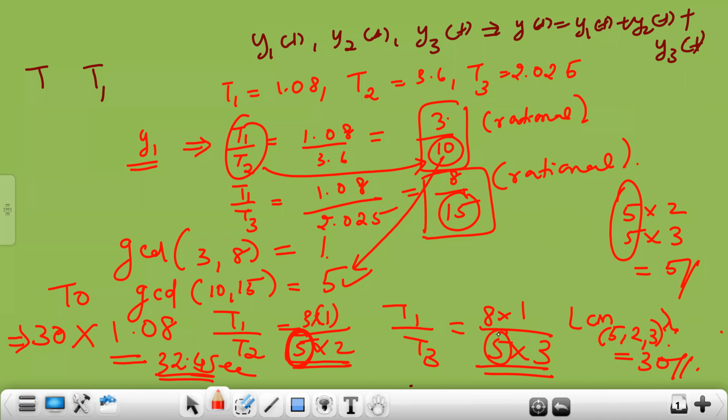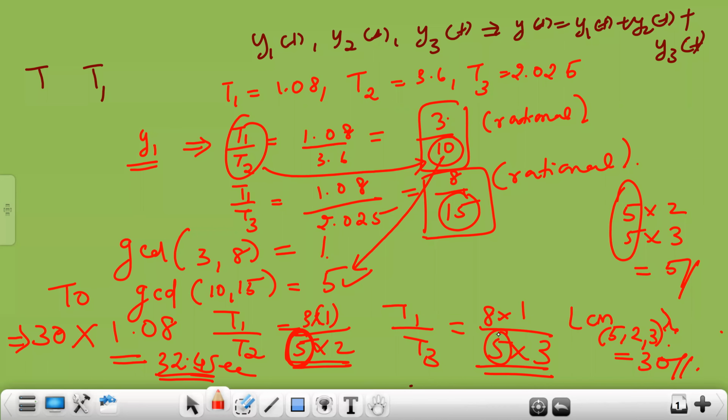Now is it clear? You are putting it in terms of the GCD value. If the GCD is 1, what do you have to write? Just into 1, that's all. If the GCD is 5, then to get 15, you have to put 5 into 3. That's all. Now I am rubbing the board and we come to the previous problem that you have done.